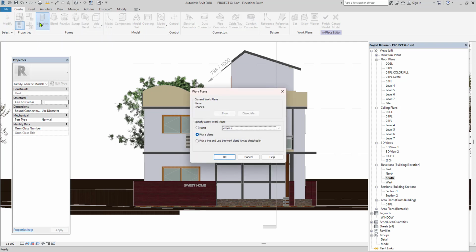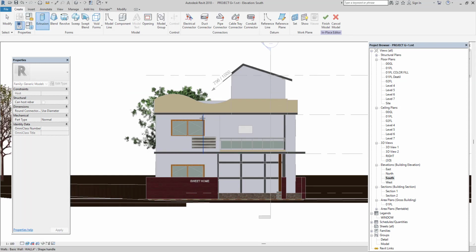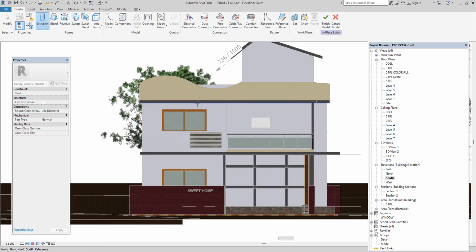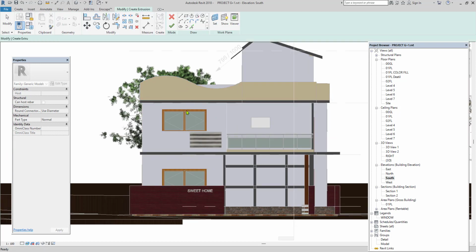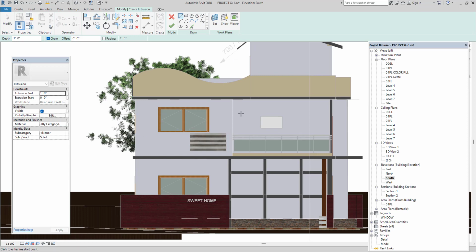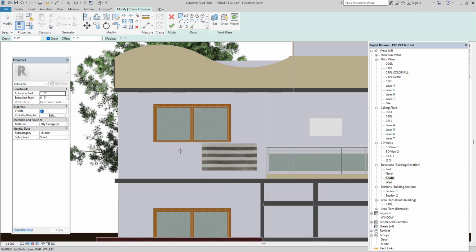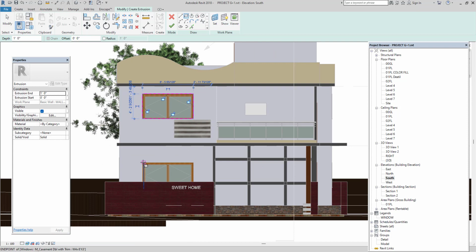Whenever you want to do the extrusion in the elevation, we have to pick the plane, so it is asking the pick a plane option. You have to pick a plane in such a way that at least you should get two or more closed loops. I'm just trying to do the same thing. Once you're done, you should stay on that particular elevation, and then I want to cover the window box. For that I'm taking a rectangle and I'm just making it like this. At a time you can also draw for different windows and then do this.